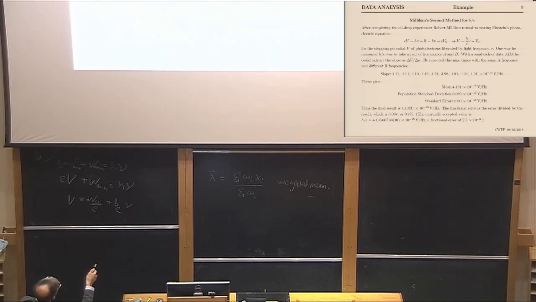So you take the difference of the voltages between A and B and the differences of the frequencies between A and B, and these are the slopes that he got. So these are different values that he's obtained for the slope, all taken by the same method at the same time. And it's just an example of a data set that you can take the mean, the population standard deviation, and the standard error. And I've given those quite accurately there to 3 decimal places, which is more than you need to express the result. The result is here, 4.13 brackets 3, but I've given another decimal place here,